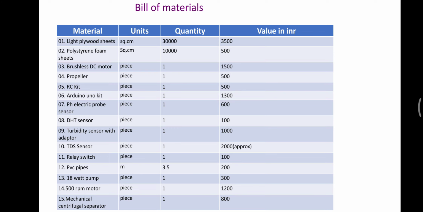And then the relay switch. The part of the relay switch here is, if the turbidity level is above the mentioned value, like above 4 or 5, the suspended particles like mud will be more in the water. So what the relay switch does is, we have another 18-watt pump, and that 18-watt pump will be switched on by the relay switch. This 18-watt pump pumps a specific amount of water into the mechanical separator I mentioned earlier, the centrifugal separator. It starts to rotate. The water, being denser, comes out of the filter, but the suspended particles such as mud will remain inside the filter itself. So this is the work of the relay switch here.